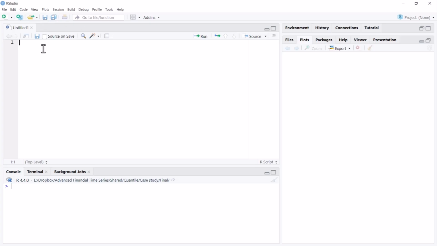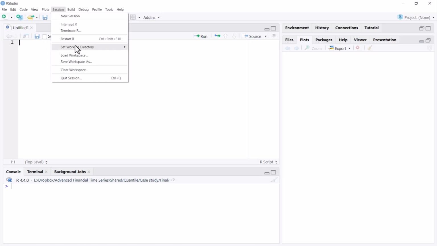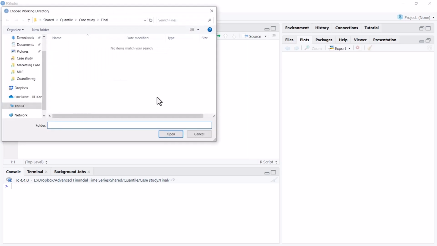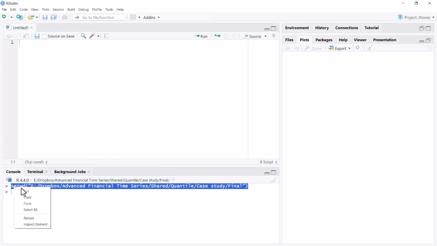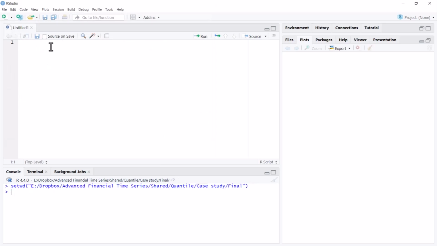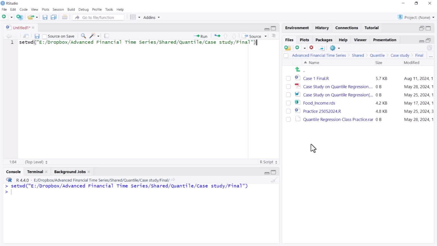In this video, we start the case study analysis on food and income expenditure data. First, we'll set the working directory: go to the session tab, set working directory, choose the location where data and other files are. Once I click on this button, notice a command has appeared here. For future reference, I'll copy this command. If I've set the working directory correctly, on this file tab, my data and other files would be available. For example, I'm going to use this food income data and this is appearing on my file tab and therefore it is ready to use.